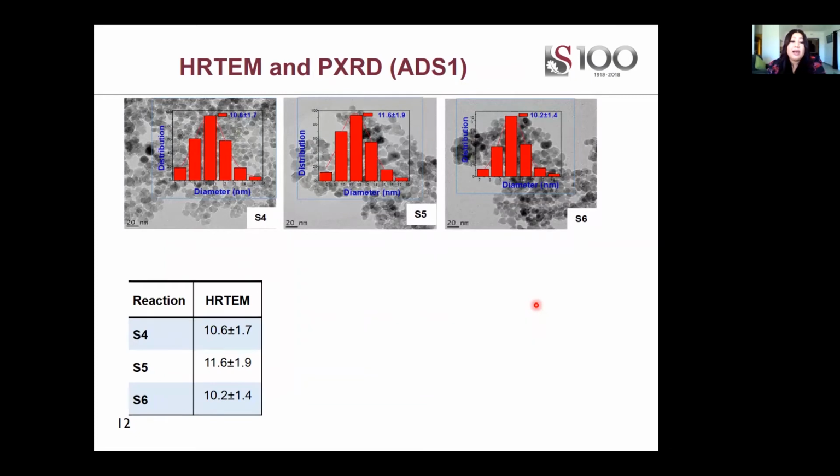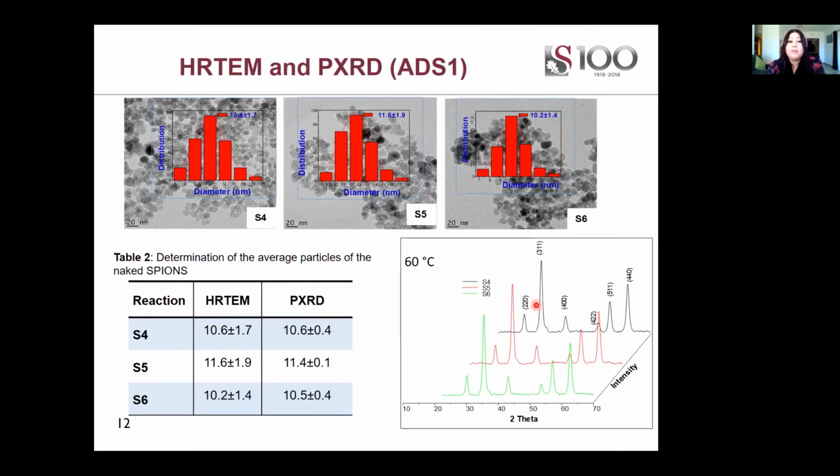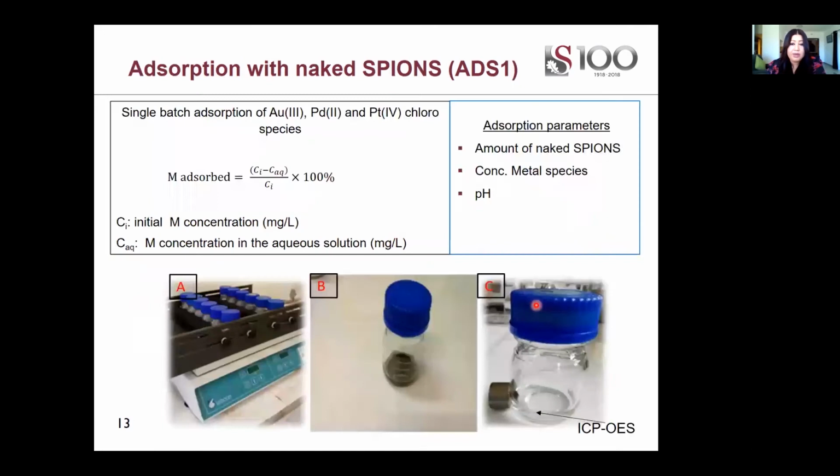We also analyzed it via HRTEM and PXRD, and the nanomaterials that we formed were quite monodispersed. They were between 10 to 12 nanometers in size, which is quite excellent and beautiful. So I've mentioned this is adsorbent 1 because I want to tell the story of how we got to modify these magnetic nanomaterials. So once we did the application, which is basically simulating acid mine wastewater, adding our materials, and